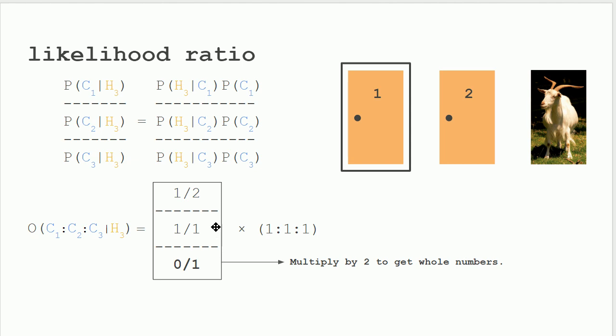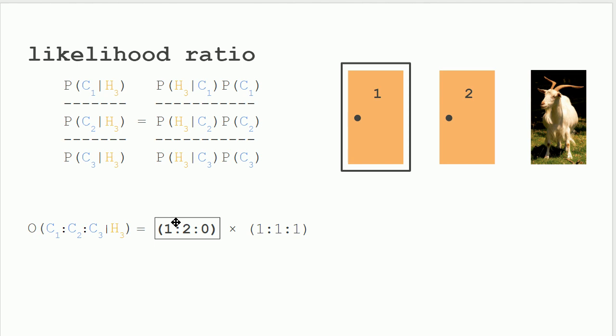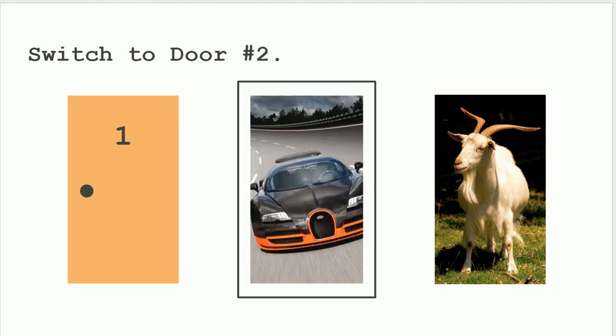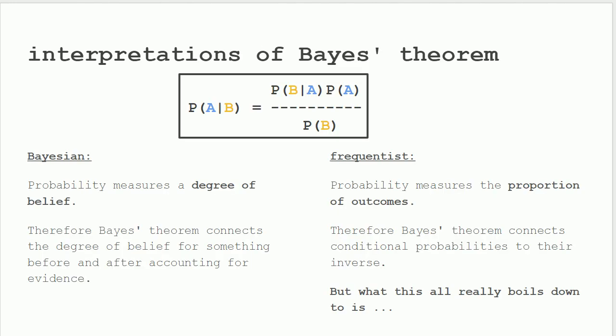And so let's go ahead and multiply this whole thing by 2 to get whole numbers for odds, which ends up being 1 to 2 to 0. And if we multiply both these things together, what we get is odds of 1 to 2 to 0. Okay? Which means that you should switch to door 2. It's twice as likely that the car is behind door 2 than it is at door 1. So you switch to door 2. And more likely than not, you'll have a Bugatti behind it. Okay? Alright, so